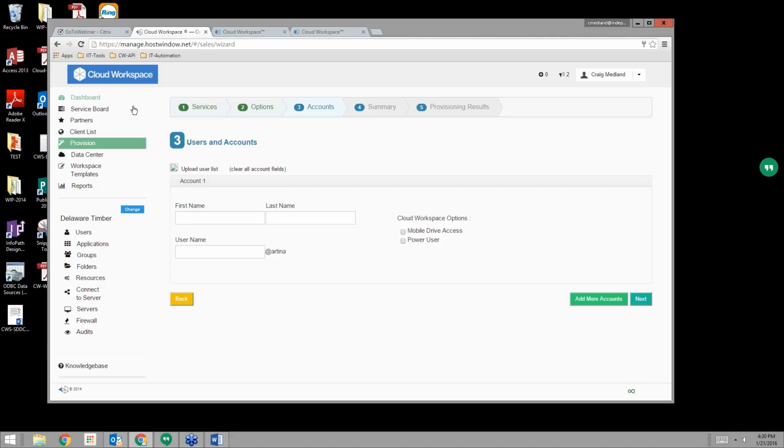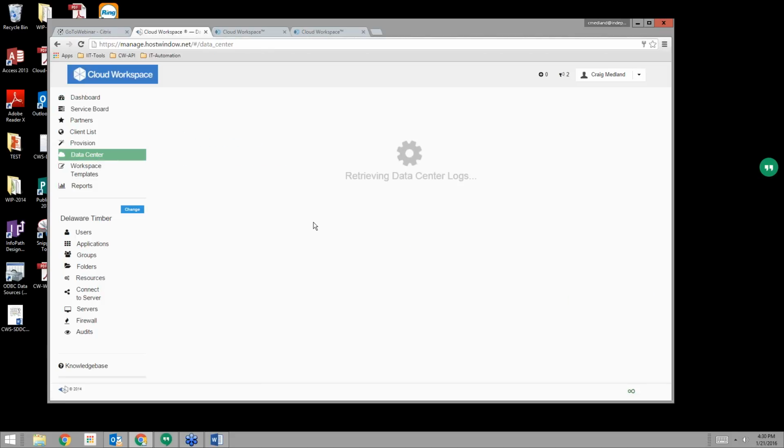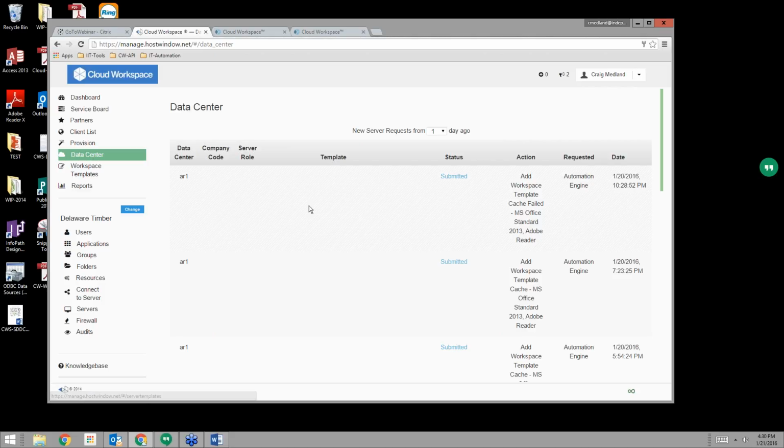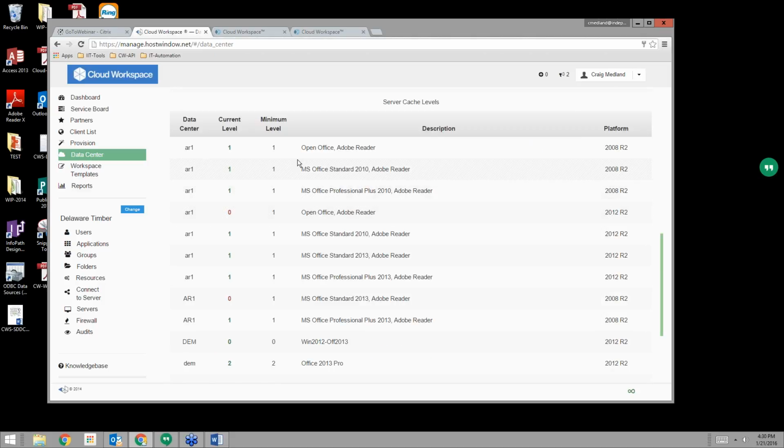Then the automation engine is going to reach out to the data center. So I'm now going to go in the data center view, and it's going to find the template that you've chosen. If there's a version of that template in cache, as we like to say, sitting in the bullpen, sitting in the parking lot, whatever analogy you want to use, it's actually a Windows server sitting in Active Directory with its own OU, just waiting to be assigned or mapped to a client.